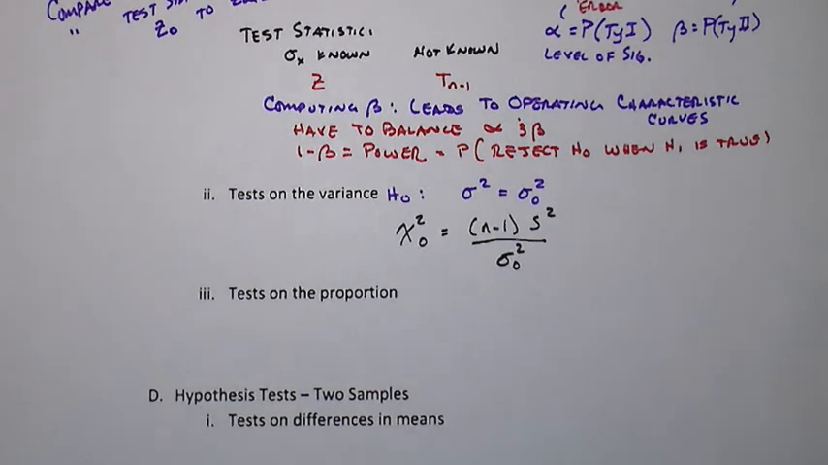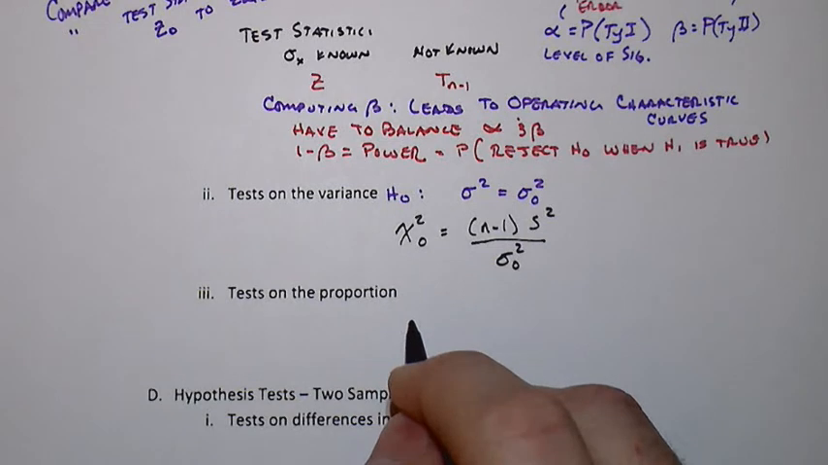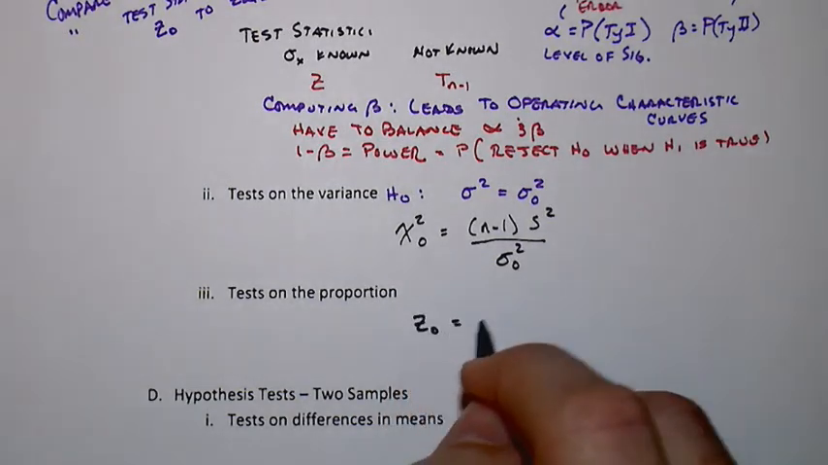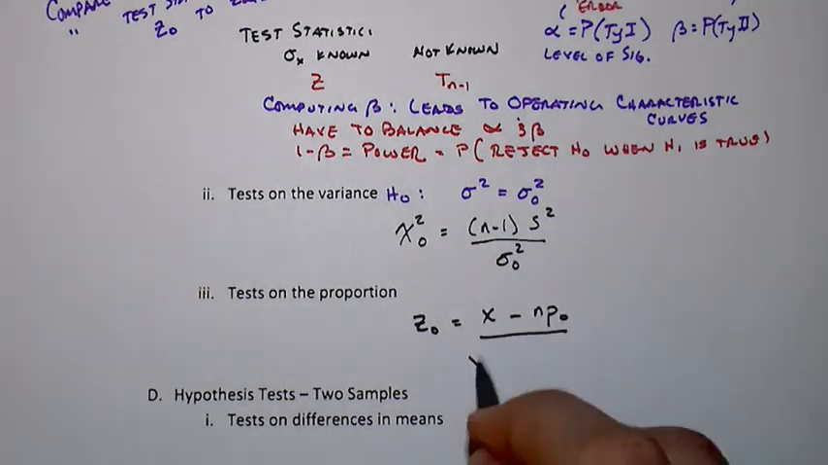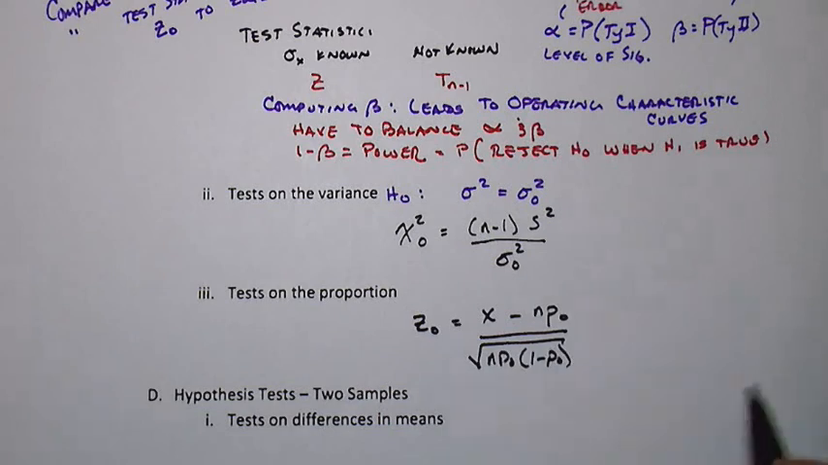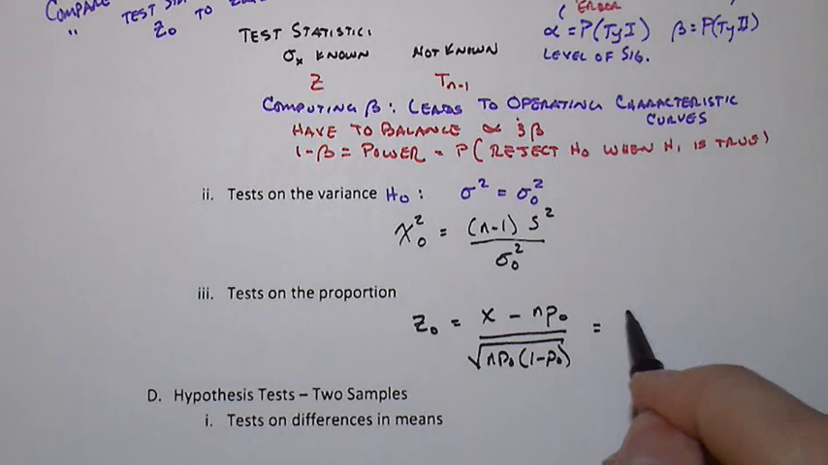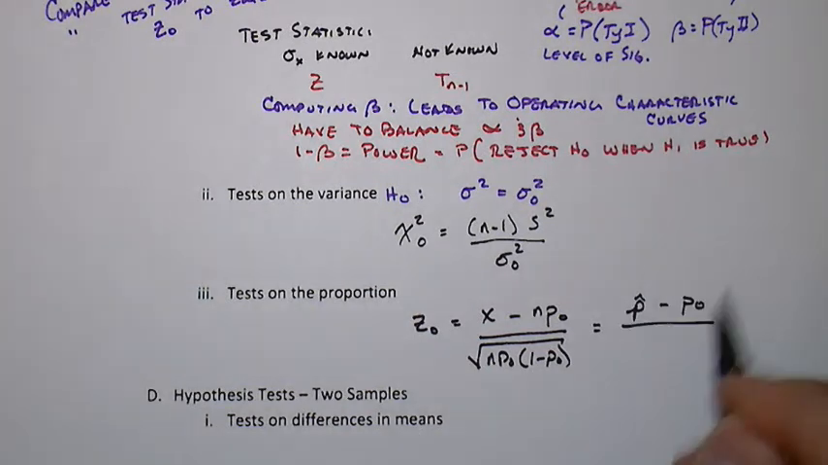And in a similar way for the population proportion and dealing with the approximation to the normal, then we can use z naught is equal to x minus n times p naught over the square root of n p naught times 1 minus p naught. Of course, you could do this also as your p hat divided by n minus p naught, and then you get,